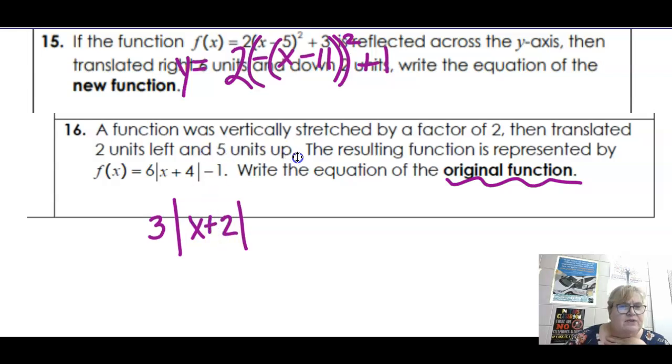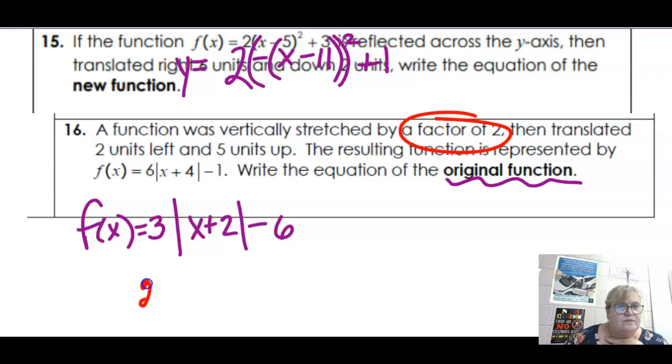And then 5 units up, well, it's down 1. It used to be down 5 more, so it was down 6. So there's the original. Let's talk this through, because now if I stretched it by 2,